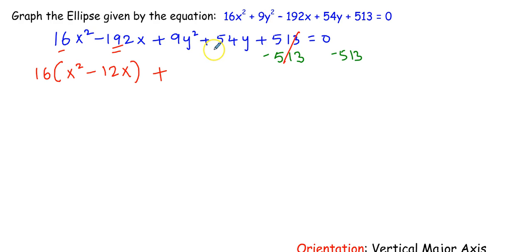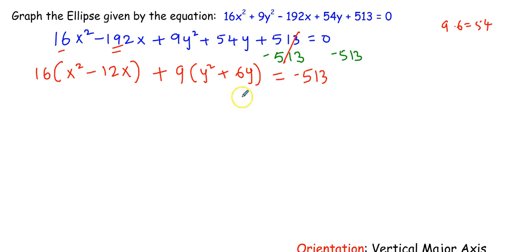9y square plus 54y. So between 9 and 54, we see that 9 is the greatest common factor because 9 can divide 54. How many times? 9 times 6 is 54. So I'll take out 9. You are left with y square here plus 6y is equal to 0 minus 513 is